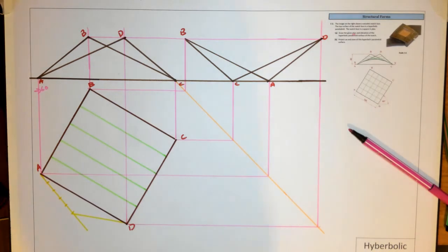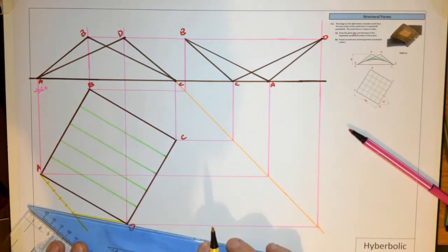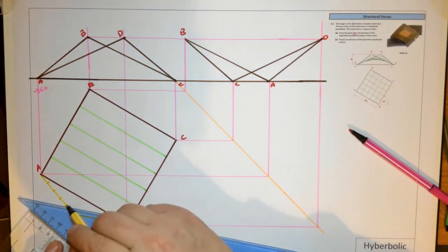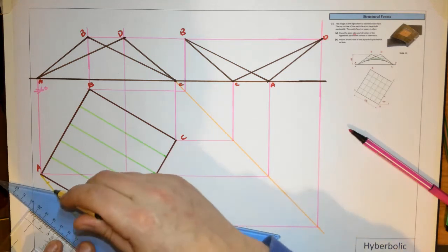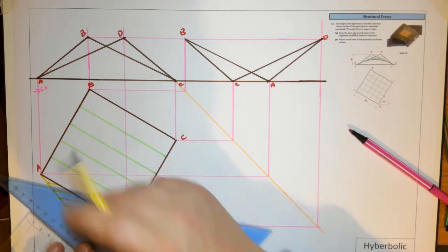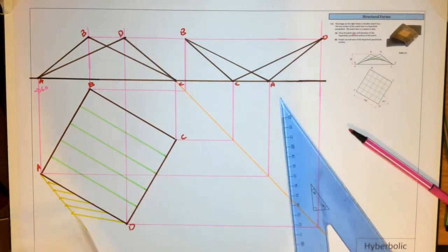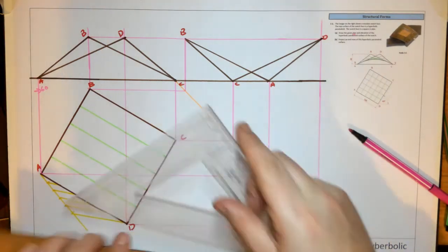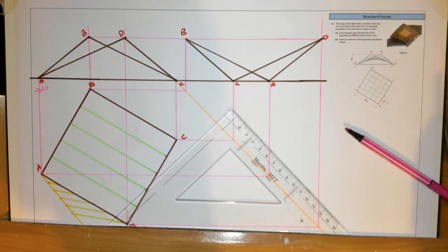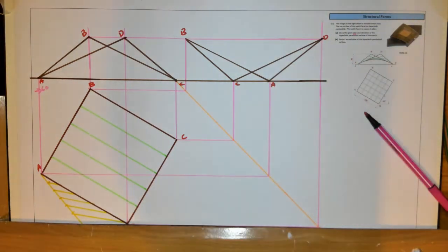You could alternatively use your adjustable set square. I want to have space to get my adjustable set square in here, so I'll use sliding set squares here. And if you check the measurement of them, they should also be in the same spot. But I'm just going to put that in there just so the examiner can see that I know how to do it. It wouldn't be critical if you forgot how to do that and you're not sure how to put that in. It's more important that you get the